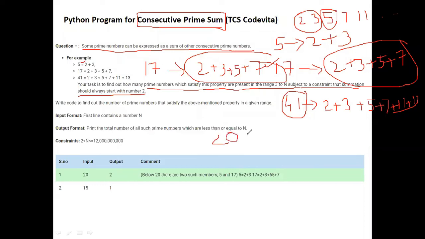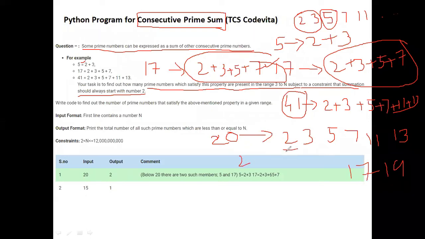The prime numbers below 20 are 2, 3, 5, 7, 11, 13, 17, and 19. But what are the consecutive prime sum numbers? Only 2: one is 5, another one is 17. So 2 is the output.